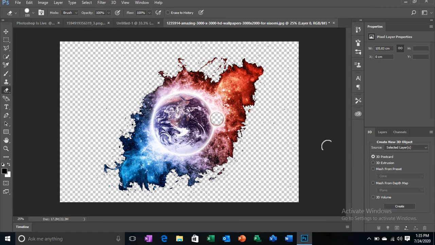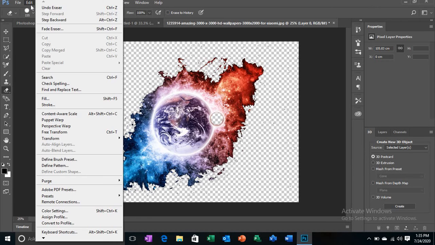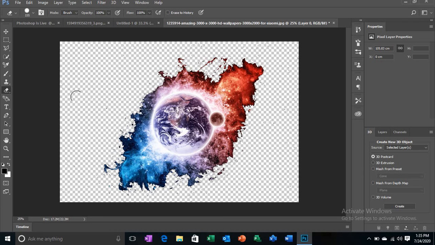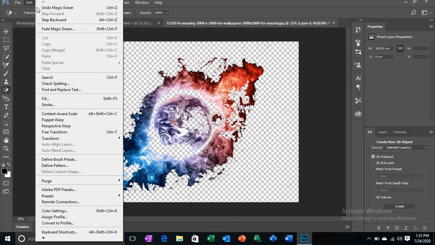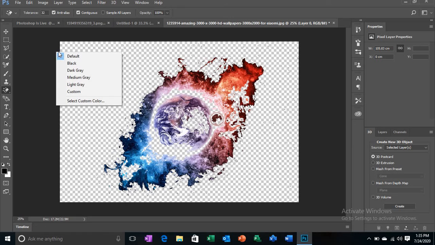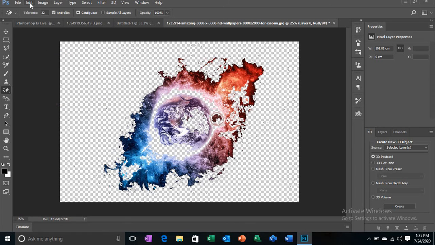Now if you want to erase this whole moon, oh, that was really fast. Undo eraser, undo, or you could enter Control Z. So now again, for example, if you are using the magic eraser tool, this white thing would be removed, then this blue type thing would be removed, this will be removed. Again, that type of shade which it detects would be removed. Not forever, basically. Undo magic eraser, and everything you could undo.